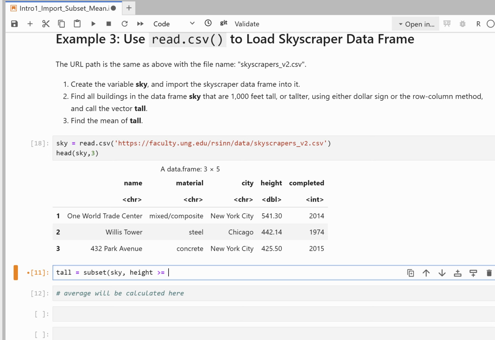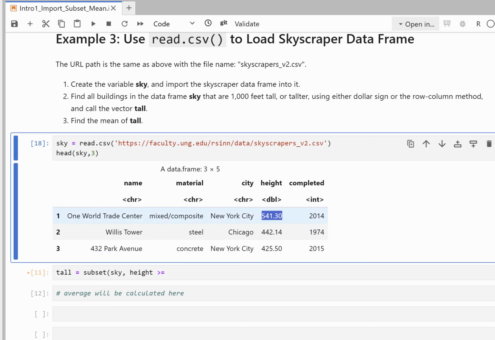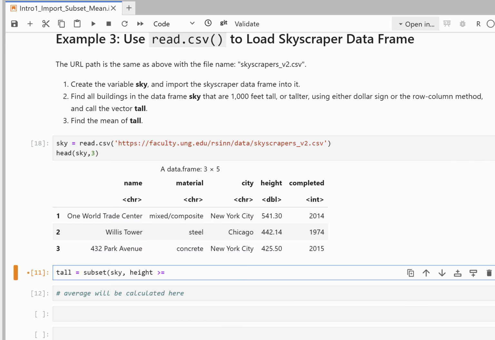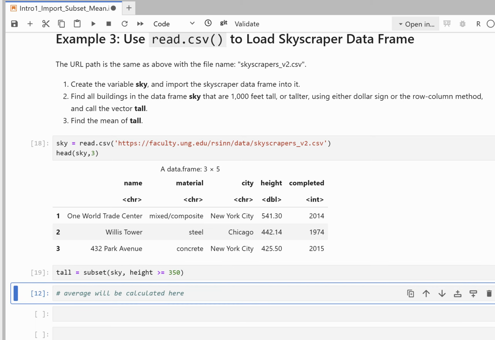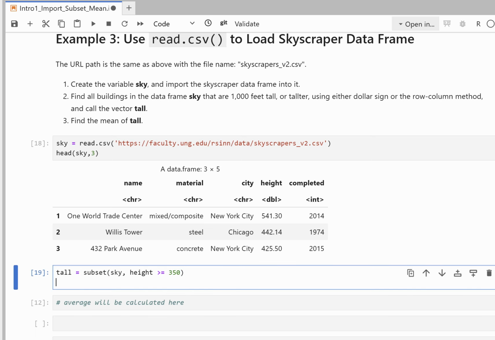greater than or equal. The problem is the height is in meters. And I know there's a little more than 3 feet per meter. So I don't know exactly how tall 1,000 meters, I mean 1,000 feet is in meters. I'm going to do this. I'm going to do, let's say 350 meters. I'm going to say that's approximately 1,000 feet. Okay. And it does it, but to print this out to see if we got it right, let's do